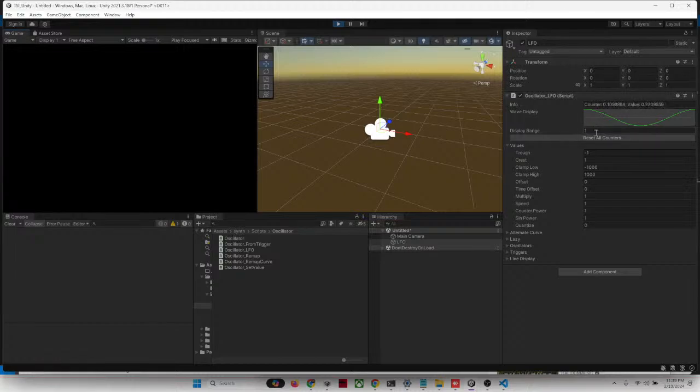So this display range is time-based. So I'm seeing 1 second here, I'm seeing 10 seconds here. By default, it's set to 1. I can see that it's going from -1 to 1 because my trough and my crest are set to -1 and 1. If I want to get some visual feedback with what's going on, I can go down here to